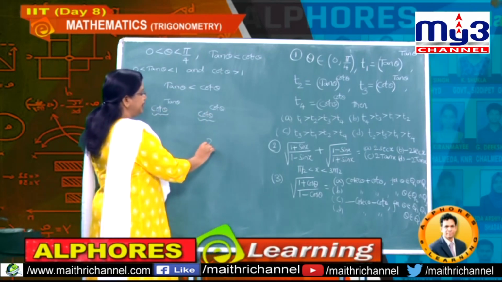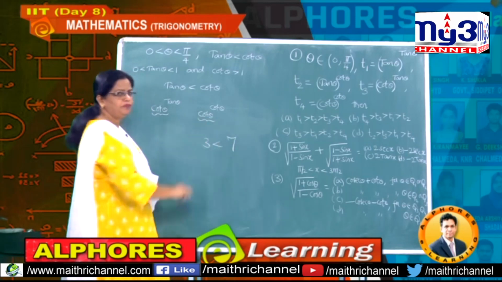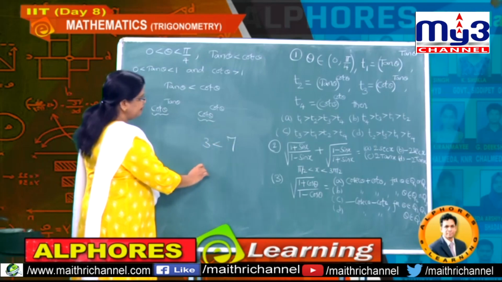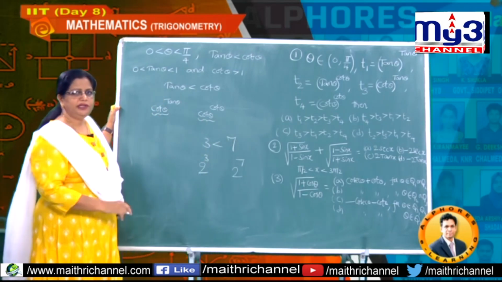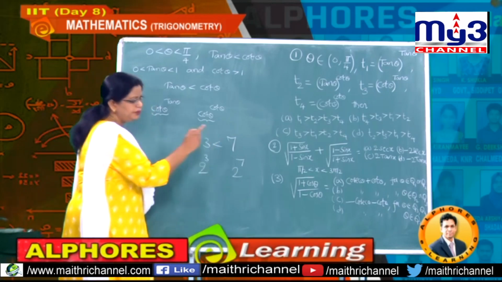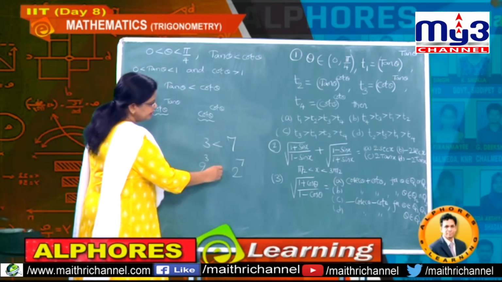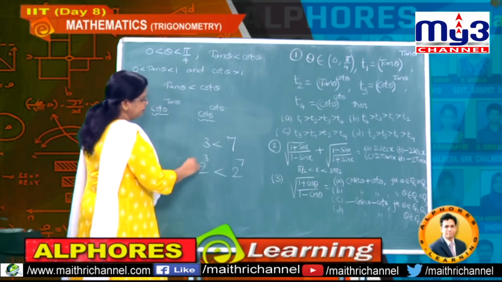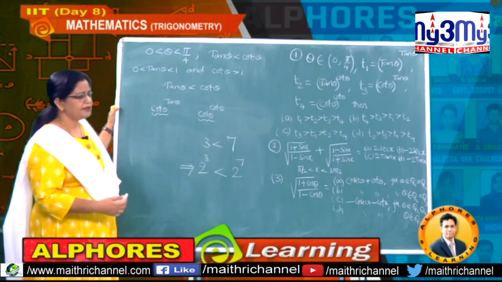That means if you have 3 is less than 7, then I am taking 2 cubed and 2 to the power of 7. Now which inequality does it maintain? This is 8 and 2 to the power 7, you know it is 128, and therefore you can observe the same inequality is maintained. When 3 is less than 7, 2 cubed is less than 2 to the power of 7.